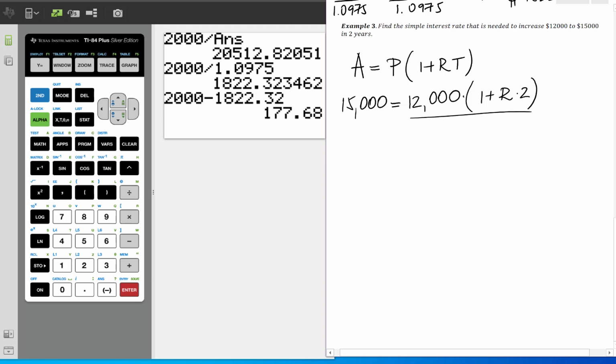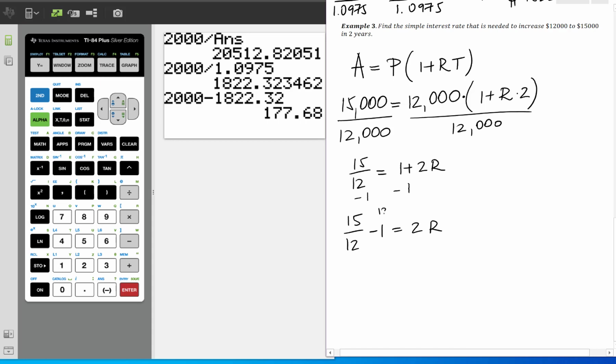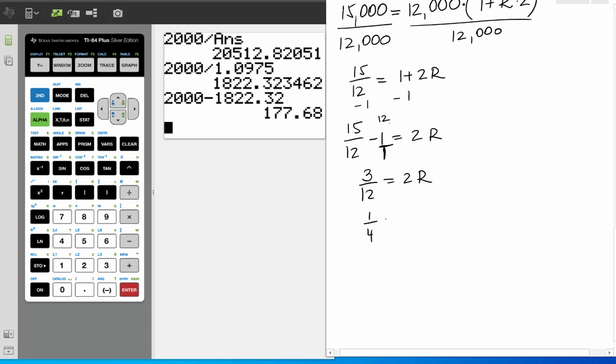So what I'm going to do first, because here is times between them, I'm going to divide by 12,000 both sides, and we get 15 over 12 equals 1 plus 2r. Then I'm going to subtract 1 from both sides, so 15 over 12 minus 1 equals 2r. We can multiply by 12 over 12, so we get 3 over 12 equals 2r, or 1/4 equals 2r. We divide by 2 both sides, and we get r equals 1/8,